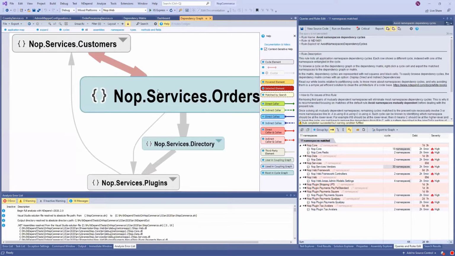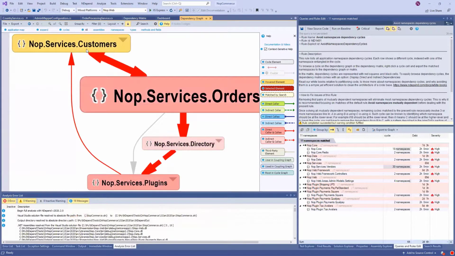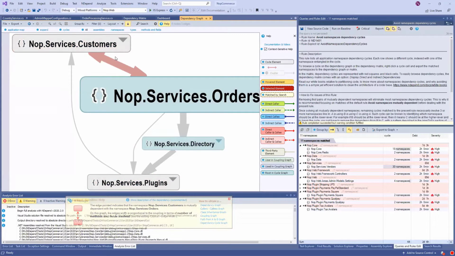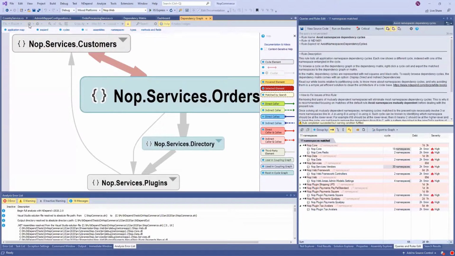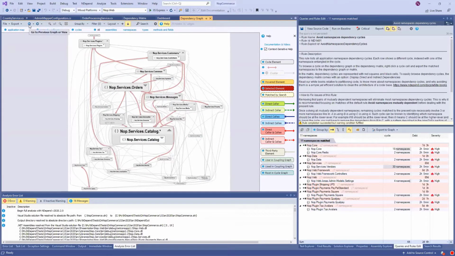So if I click here, I can see that 4 guys are involved. So this one is using this one, is using this one, is using this one, and this one are mutually dependent. So that's quite a complex cycle. So typically, NDepend is chasing for you this big ball of spaghetti code that usually you want to layer from high level to low level.